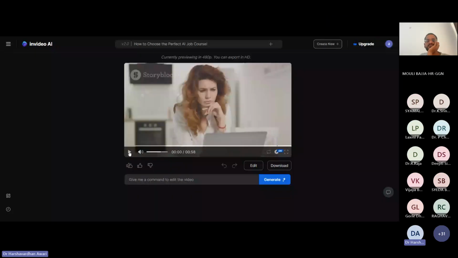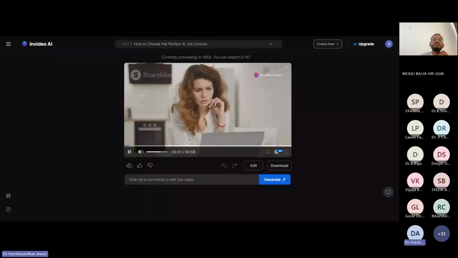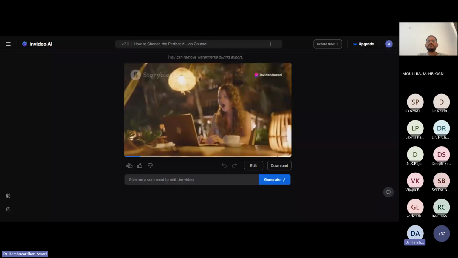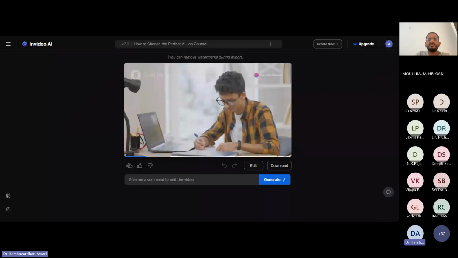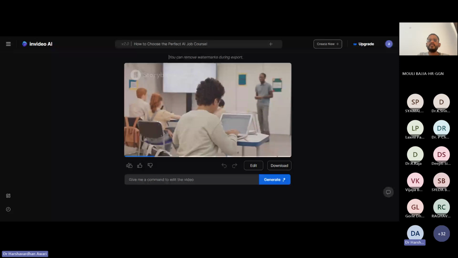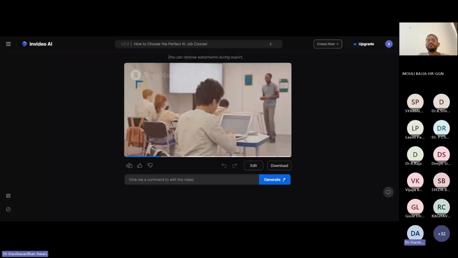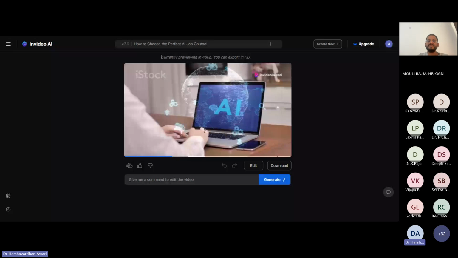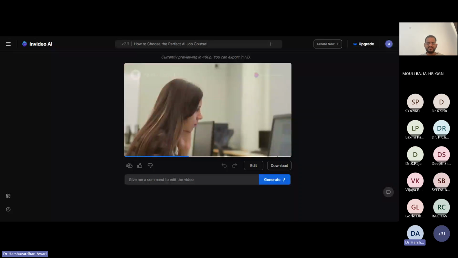Stop wasting time on mediocre AI courses. Discover how to pick the best one for your future. First, get crystal clear about your career goals. Does the course align with where you want to be? Look for comprehensive curricula covering key AI topics like machine learning, deep learning, NLP, and computer vision. Check the prerequisites to ensure you meet them. Evaluate the instructor's expertise and the institution's reputation. It's essential. Balance theory with